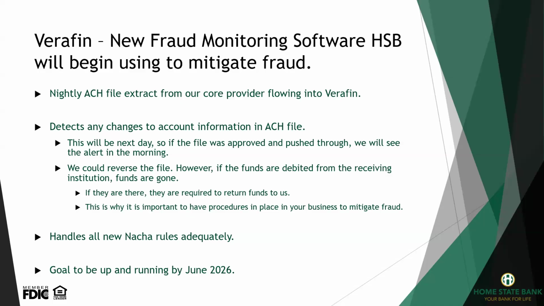To just kind of better put it into perspective on a check side, I know this is ACH, but on a check side, they look at 300 data points on a single check alone to compare history from our account holder. So they're going to use your history and then any new check that comes through, they're looking at 300 different data points to verify, is this abnormal from the checks that were written in the past? They also use a heat map and show exactly how a check could have been whitewashed into a new fraudulent check. So it's pretty amazing technology, and we're excited to roll this out and better enhance our monitoring process.